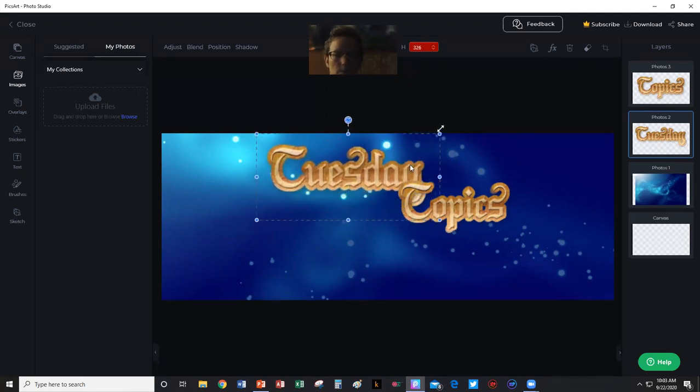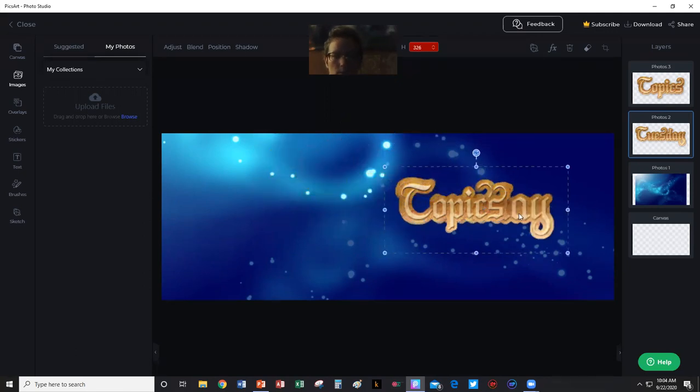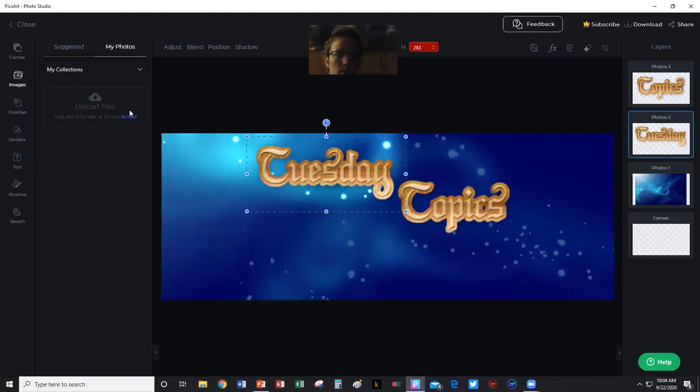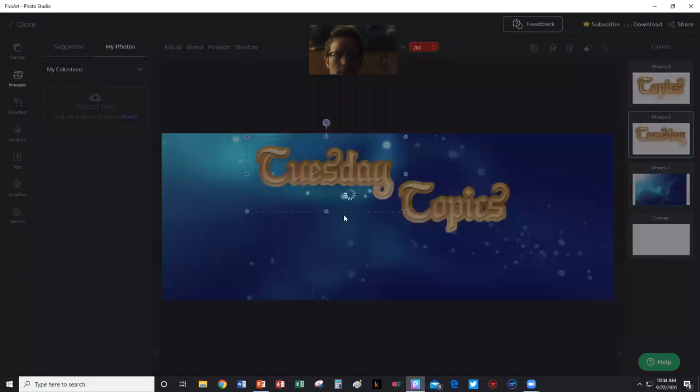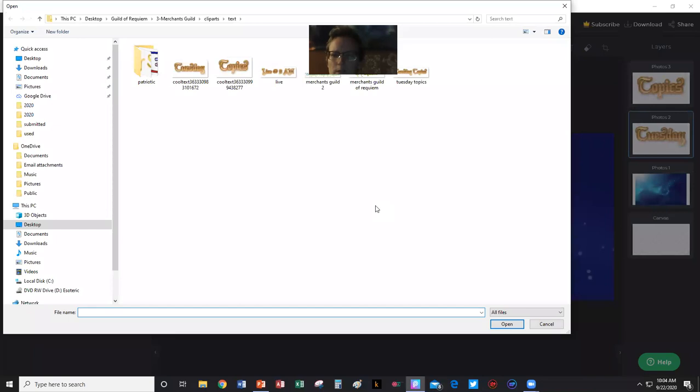So with resizing, I want to make sure that my lettering's staying about the same. Makes it easier to adjust. And then I'm going to put my last little bit here. I don't know if I've got my sponsored by Guilds on here, but I am definitely going to look to see if I have that.